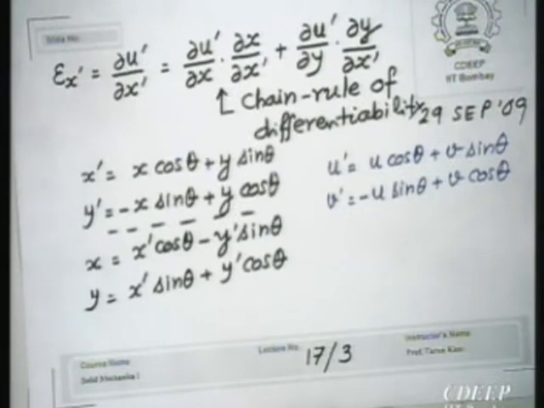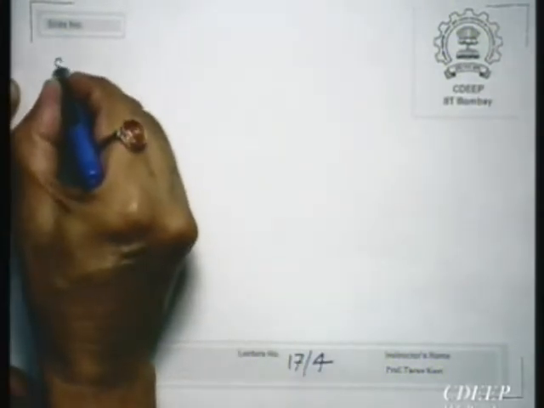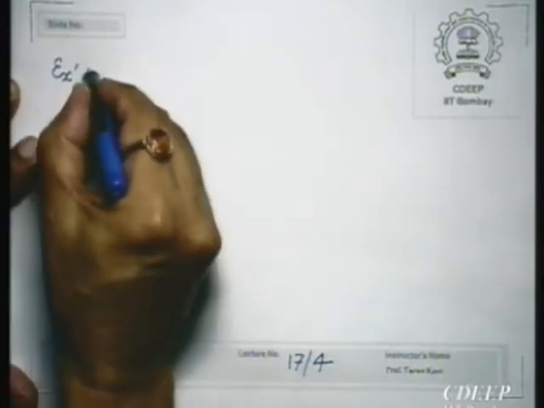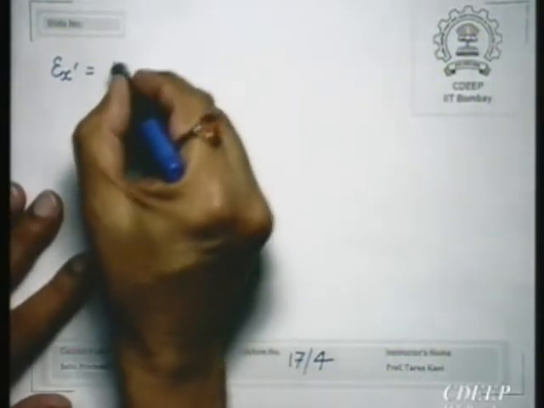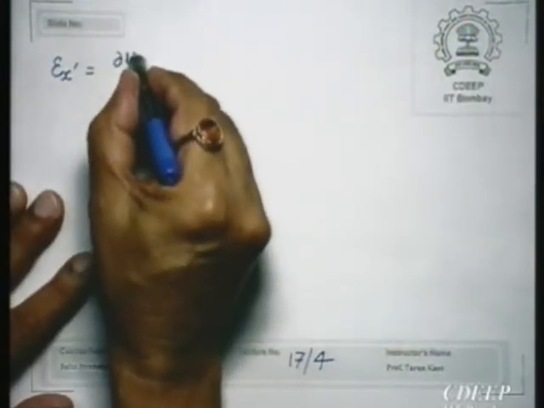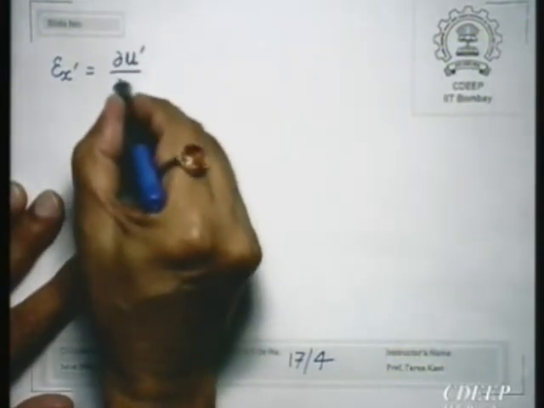See, you have to, don't jump. So, after you have got, now you have this. Now, I will do it only for one strain component, that is x dash. Remaining one you will have to do it yourself. So, this, we have already said, is given by u dash x